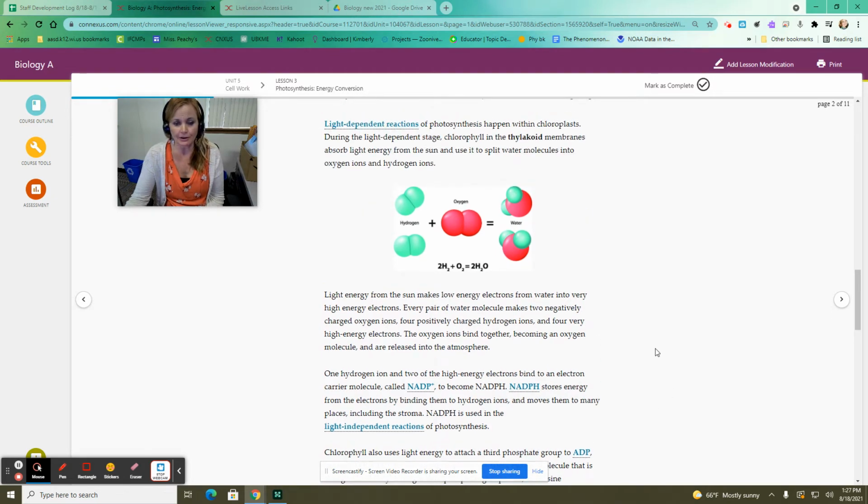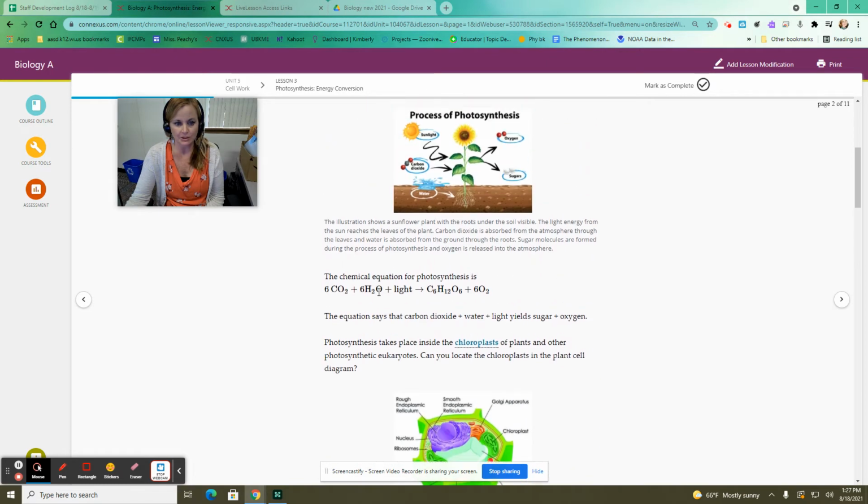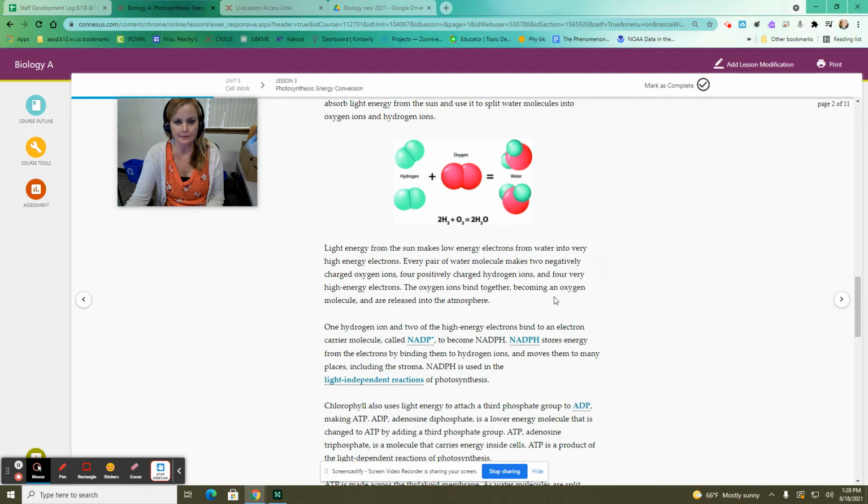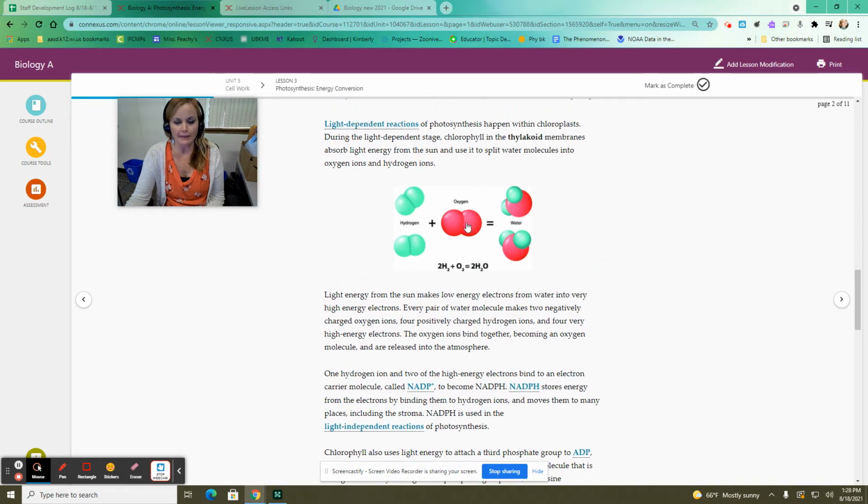Before that can occur, however, we have water, which is taken in as part of the equation. We have the 6 molecules of water. Those molecules of water are split apart by photons, and they are split into hydrogen and oxygen, because water is H2O. These oxygen molecules are given off by the plant. They are released through the little pores in the leaves of the plants called stomata. But the hydrogen is actually used to create a little bit of